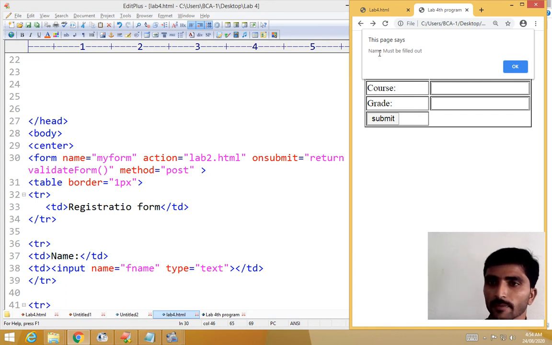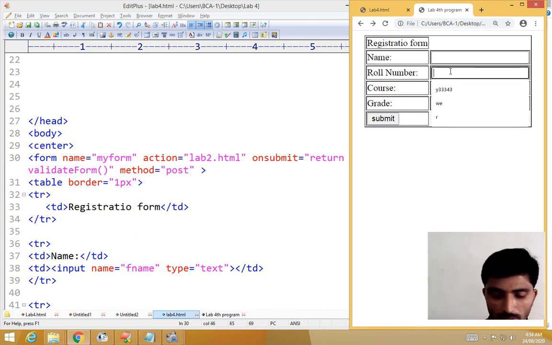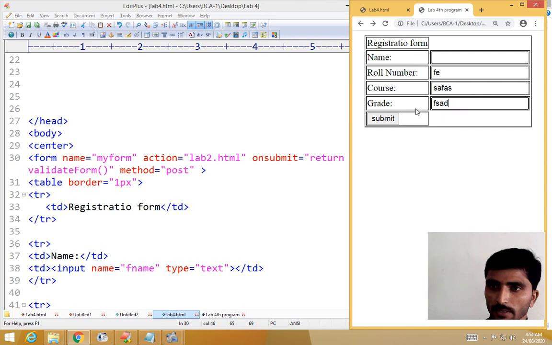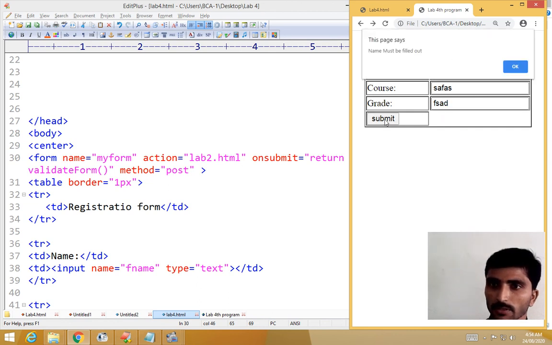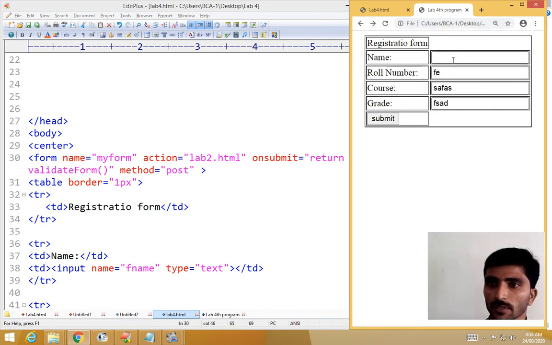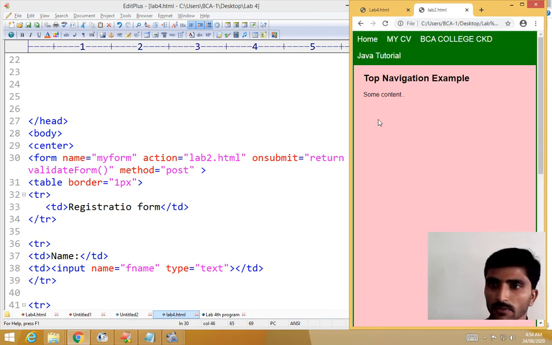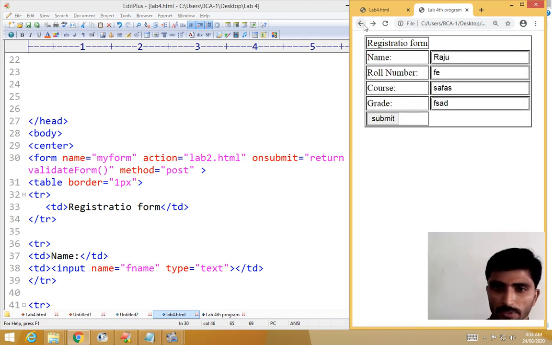For understanding purposes, in this alert box: name must be filled out. Now I enter something but leave the first box empty, and the name must be filled out. Now I enter my name like this, Raju. Now see, there is no error, it goes to the next phase. Only this much.